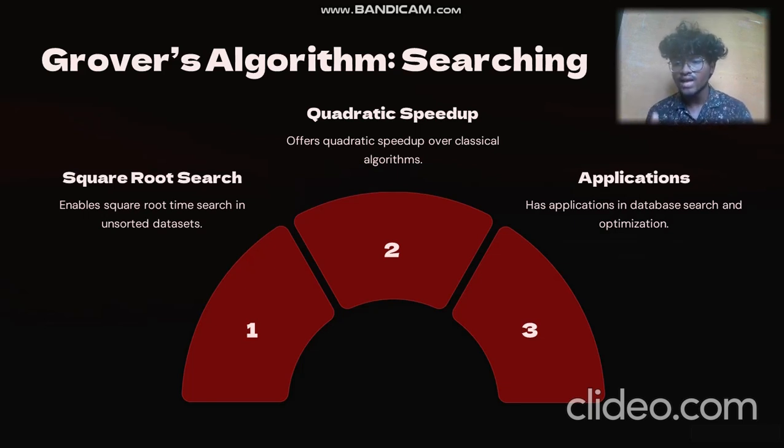And the third one is applications, such as database search and optimization. Grover's algorithm is helpful for optimizing database search. That's what Grover's algorithm is about. Grover's algorithm is also called a searching algorithm. The next one is